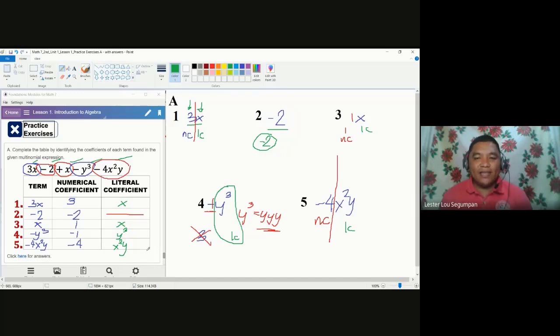As to why this is very important, it will be covered later on by the operations, because specifically in addition or subtraction we cannot add nor subtract terms which have different literal coefficients. So we can only add terms with the same literal coefficients, or we call them like terms. And when we have found out which terms are like, in adding or subtracting, we only use the numerical coefficients. Anyway, it should be covered in a different video. As of this practice exercise, these are our answers.